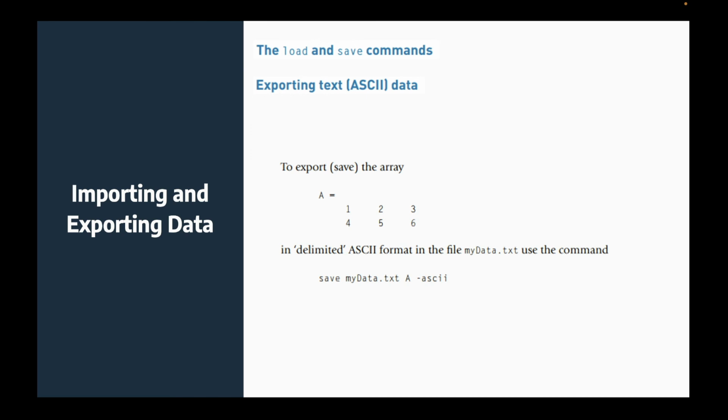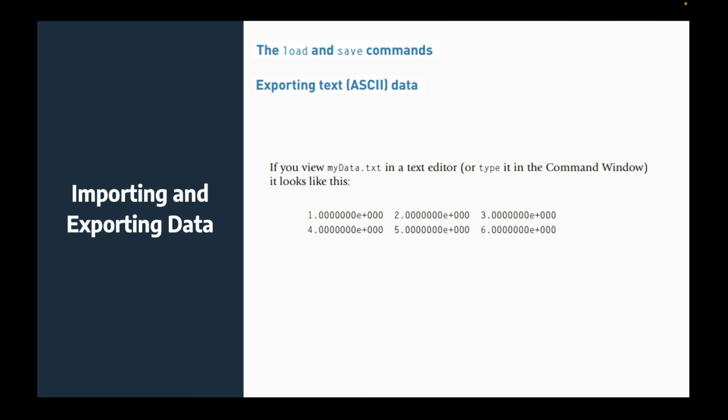In what we call the ASCII format, then we can save it as a file of mydata.txt. We can do that not by the command window, but by saving, like save space mydata.txt of A, then a dash ASCII. That's what we call the ASCII code. We're going to learn more about it in a second. Now to view it, as you know before, you can say mydata.txt, it's going to show it to you, or type it in directly, either in the editor and run, or